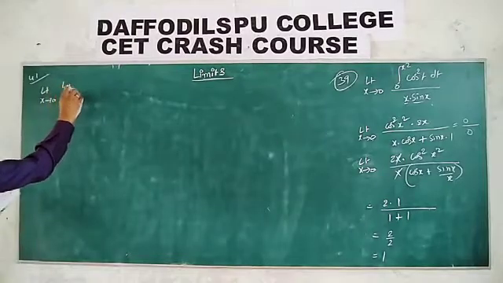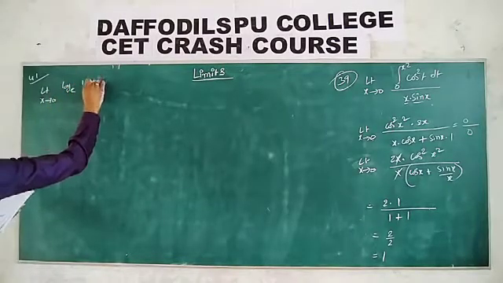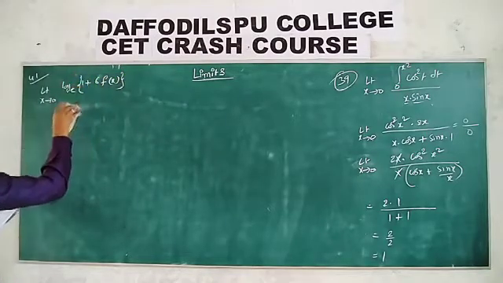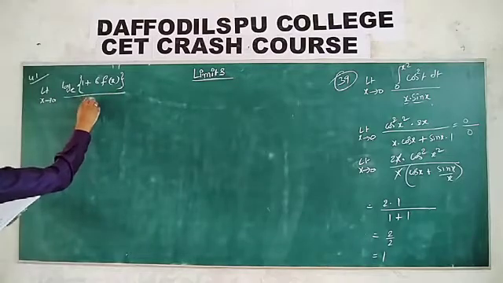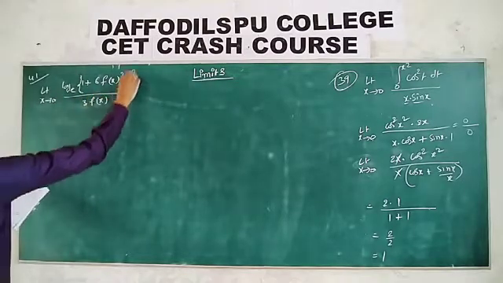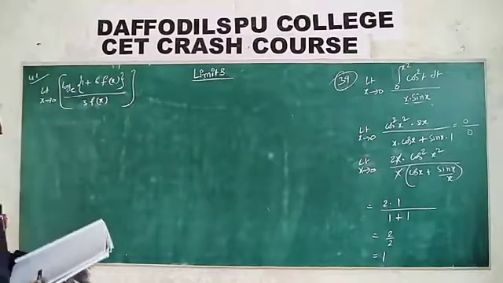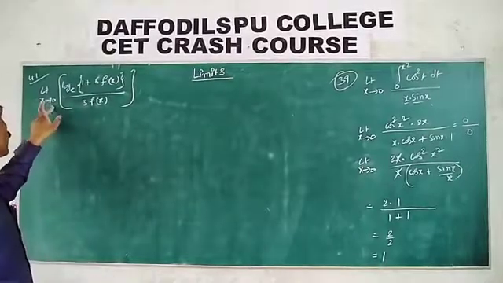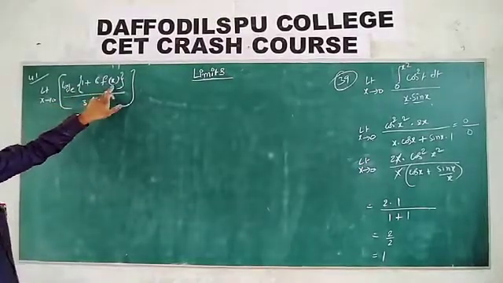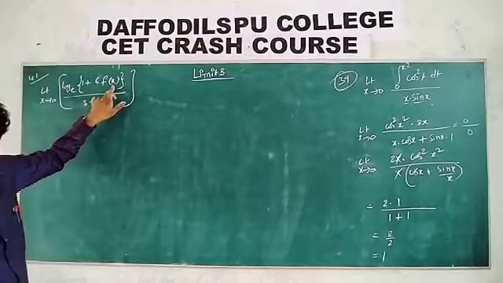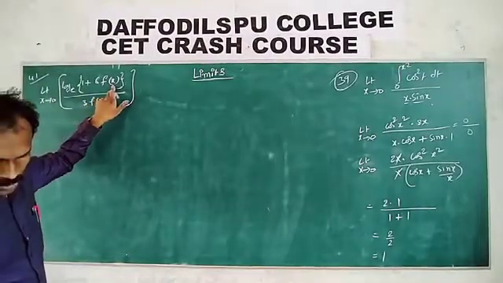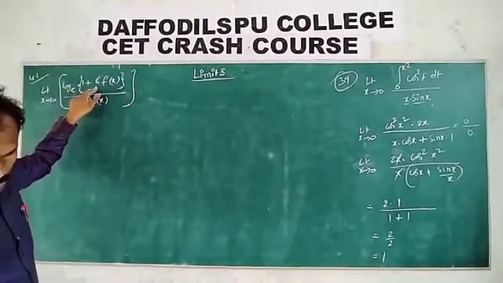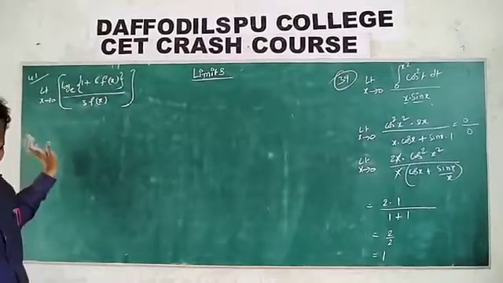Logarithm of e to the power 1 plus 6 f of x, divided by 3 f of x. Suppose we substitute. The point is also given, the curve is given, and the point is (a, 0). Suppose we substitute, what happens? f of 0 is 0 and it is not given. Substituting f of 0 means 3 into f of 0, so it is not possible. Compulsory.